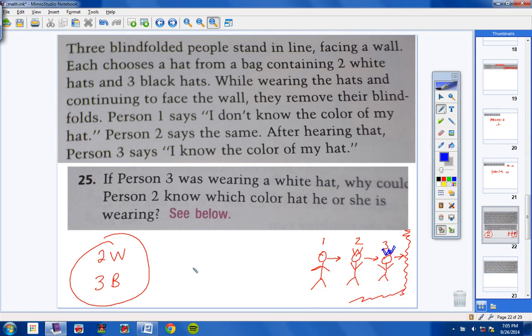Okay, now, students, think this through for a second, okay? If person 3 right here is wearing a white hat, person number 2 would see that, okay? They would know that. And then person number 2 heard person number 1 say, I know the color of my hat. So as soon as person number 2 heard person number 1 say that,